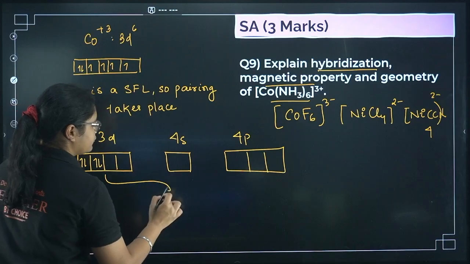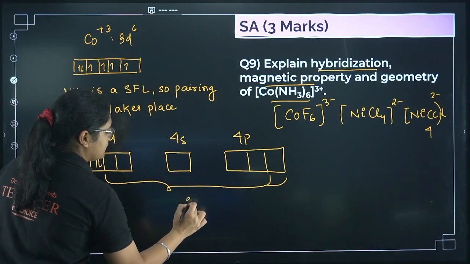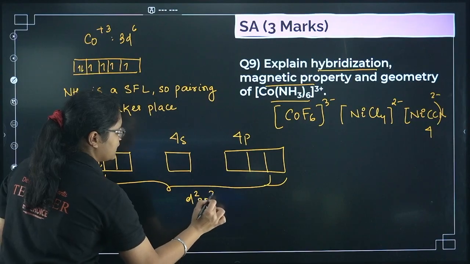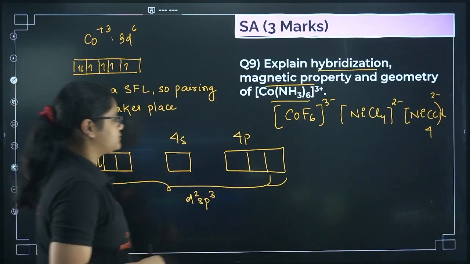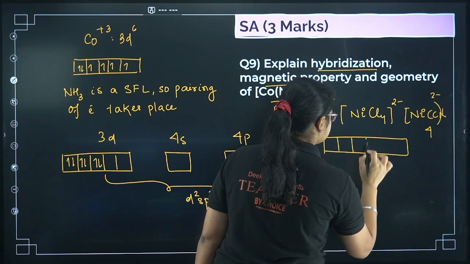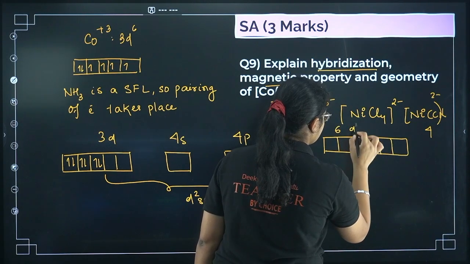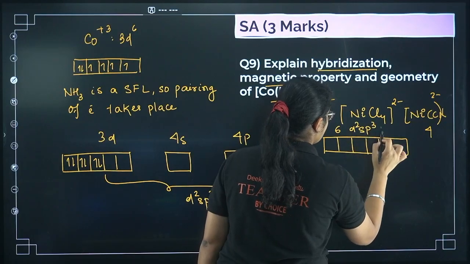So 1, 2, 3, 4, 5 and 6. So what I'll get? d2sp3 hybridization. If they form hybrid orbitals 1, 2, 3, 4, 5, 6, I can write 6 d2sp3 hybrid